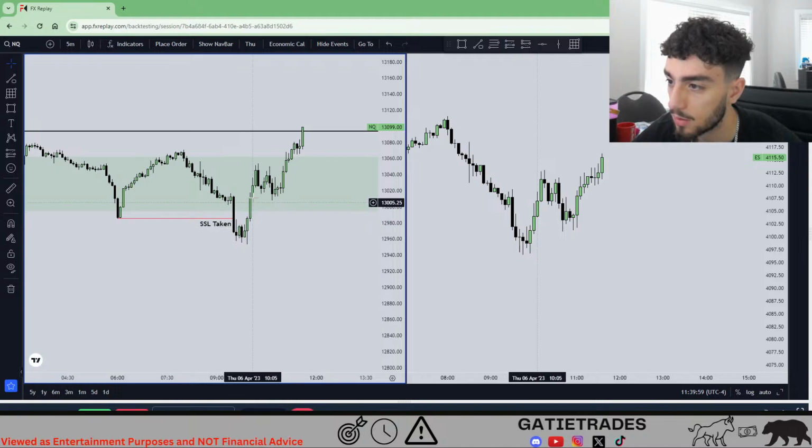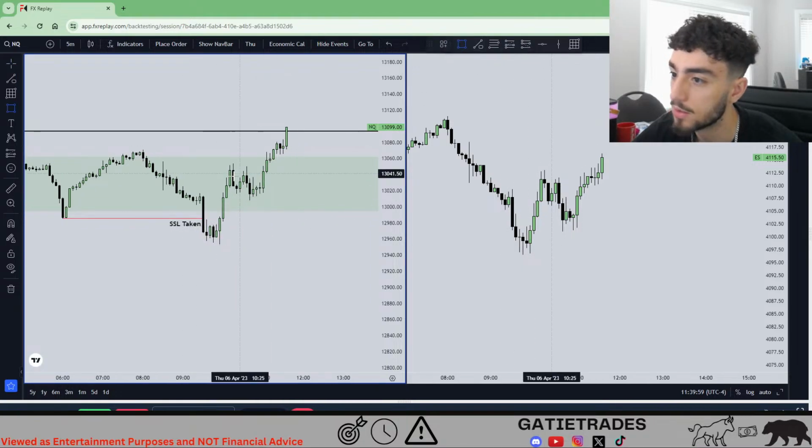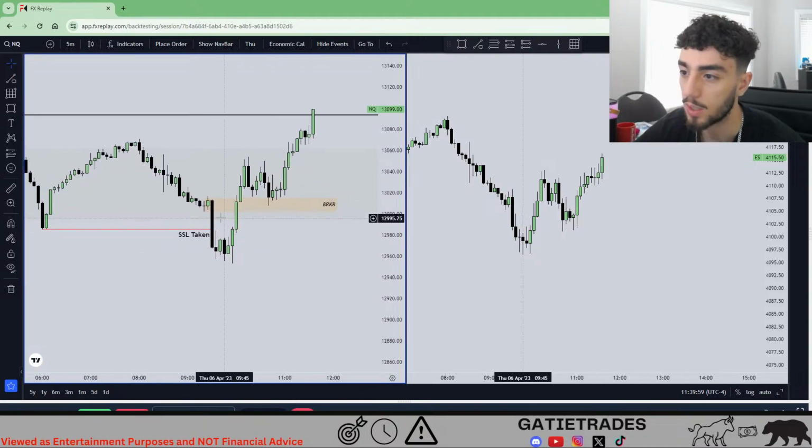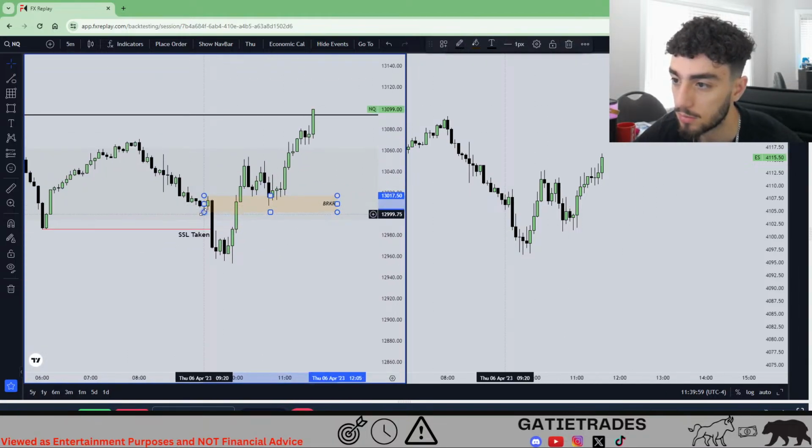Low, high, lower, low, high, high. This is a breaker right here. Yes, it is. That's your breaker right there. There's your 5-minute breaker block inside of the 1 hour liquidity sweep. So you want 1 hour to 5-minute. That's it right there.